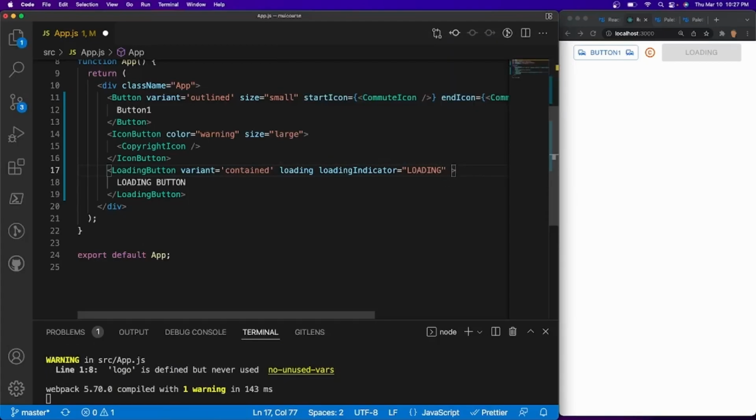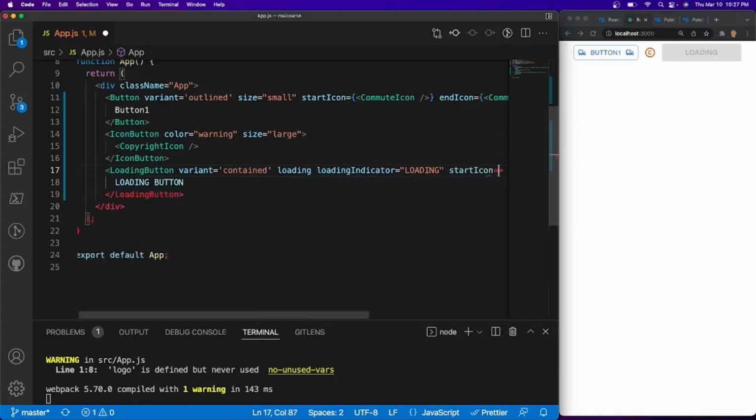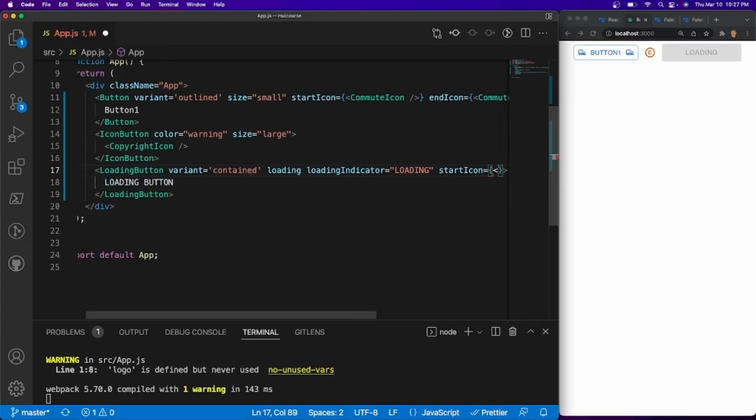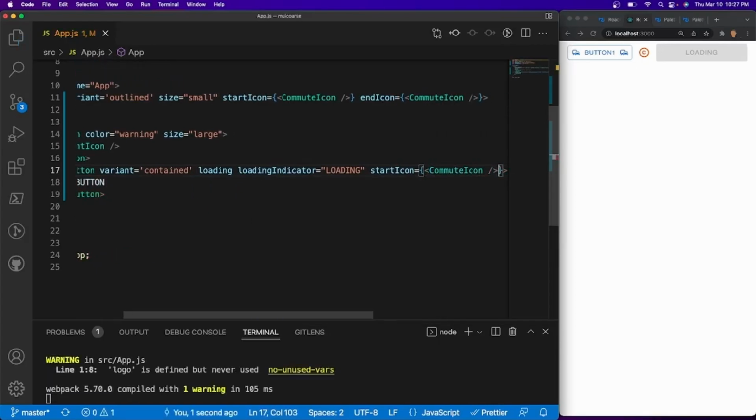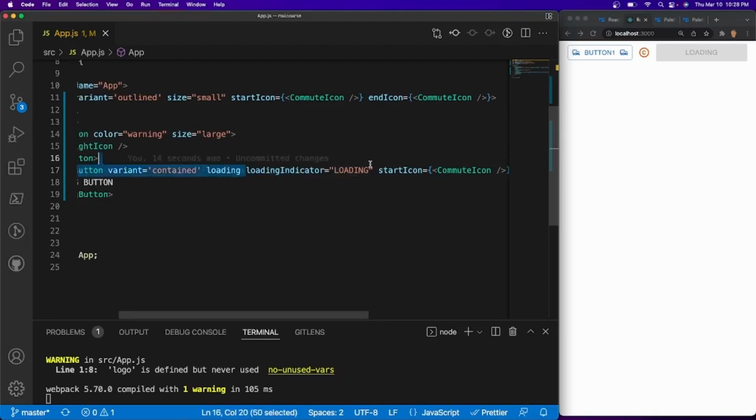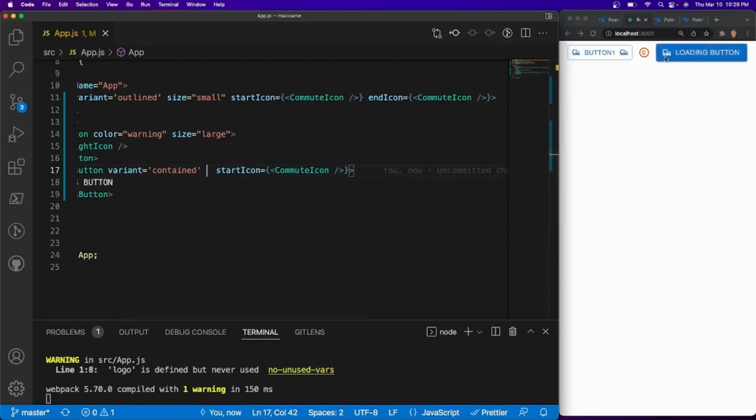If we want to add an icon, what we can do is we can do start icon. And for the start icon, same thing. I'll just copy the commute icon right there, and I'll paste it there. And so while it's loading, it won't actually show any loading spinner or any icon for the commute. It'll only show this indicator, but if we get rid of the indicator then we'll see the actual spinner, and if we get rid of the loading itself, then we'll see the icon